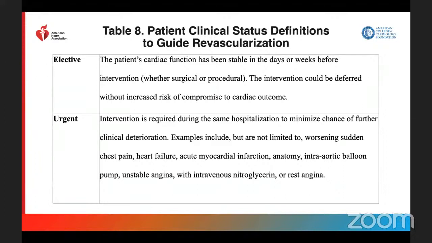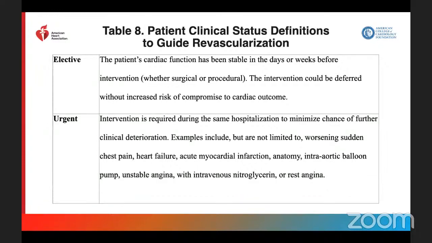In elective, the patient's cardiac function has been stable in the days or weeks before intervention, whether surgical or procedural. The intervention could be deferred without increased risk of compromise to cardiac outcome. Urgent intervention is required during the same hospitalization to minimize the chance of further clinical deterioration. Examples include worsening sudden chest pain, heart failure, acute MI anatomy, and intra-aortic balloon pump, and stable angina with IV